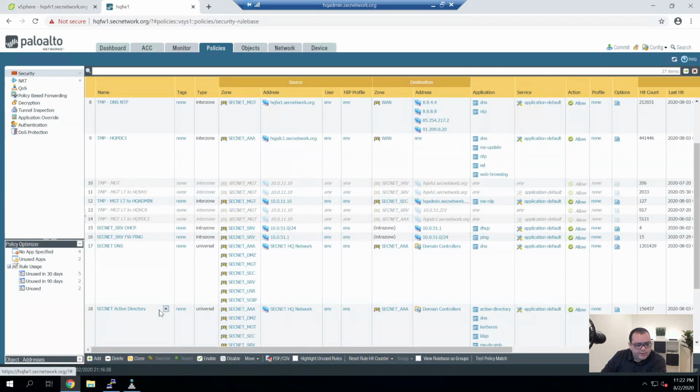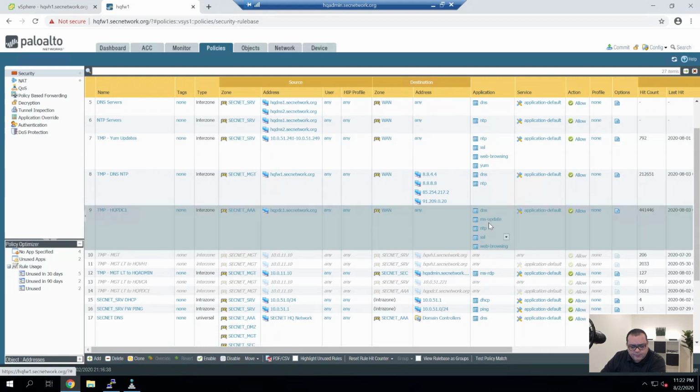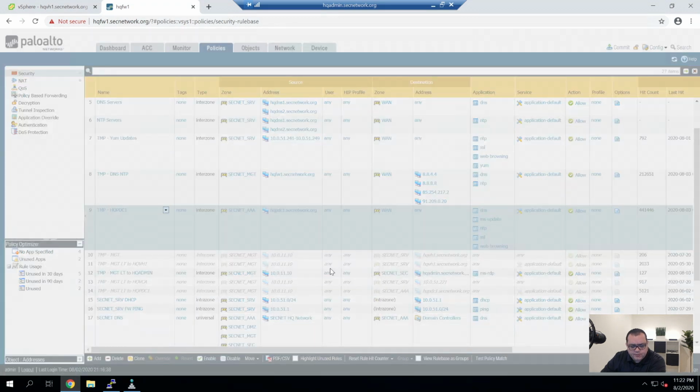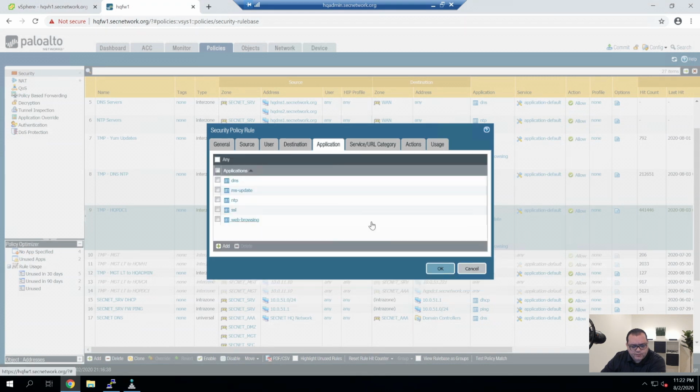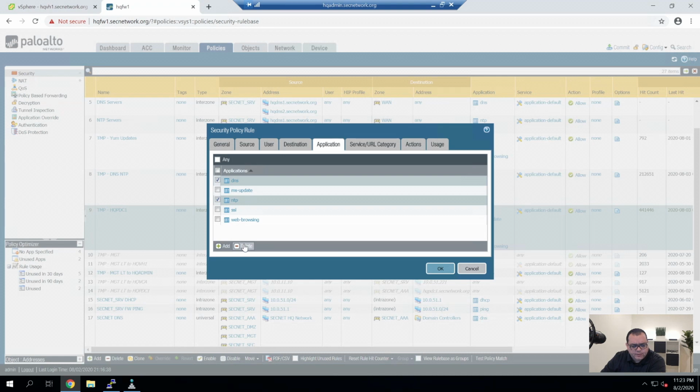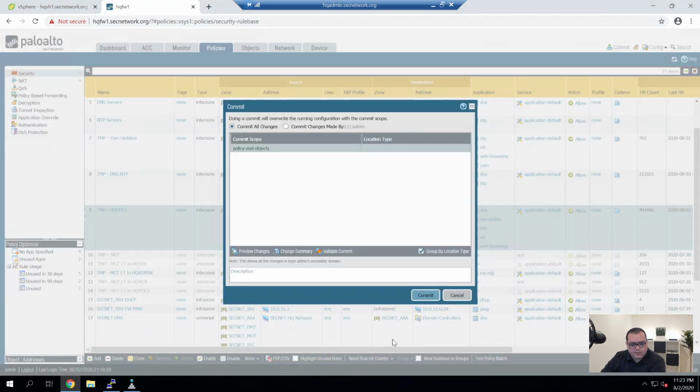Okay, so now what I want to do is clean up some of these temporary rules. This one would get cleaned up a little bit. So for DNS and time would be removed, but before I do that, let's build the servers and test, and then we'll clean up the rest.